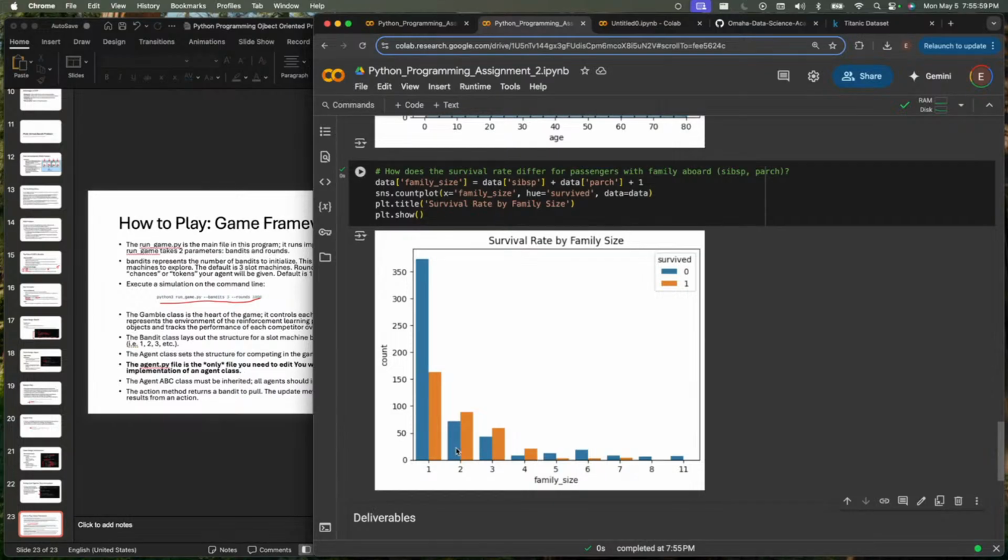But as soon as we pop up to a family size of 2, you have a higher likelihood to survive than you do to not survive. And that trend really continues through 3 and through 4. But from 5, 6, 7, 8, and 11, your likelihood of surviving actually decreases.